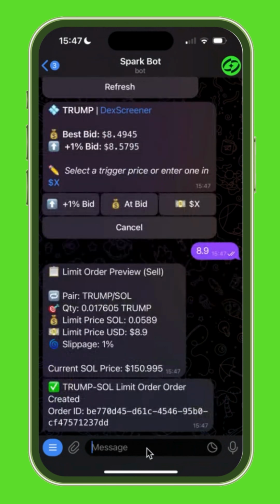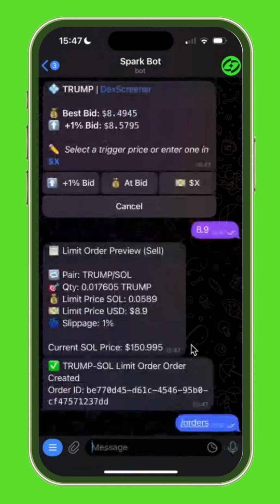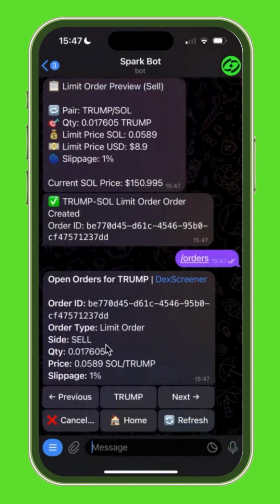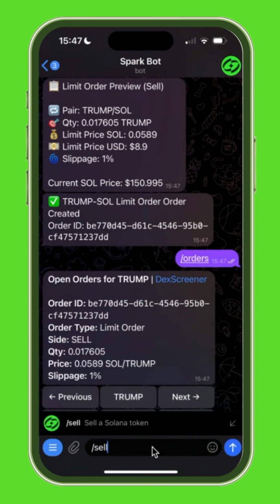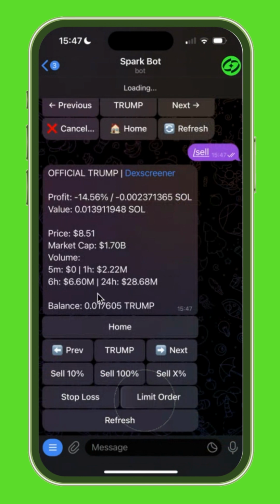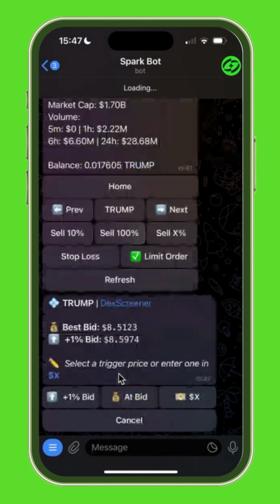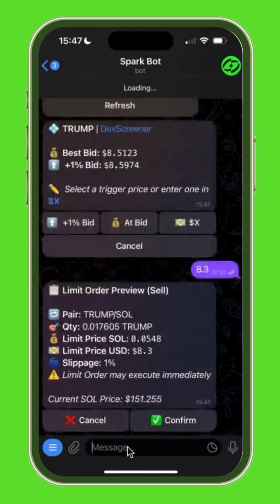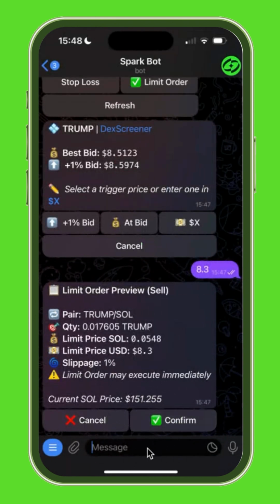And we now have that limit order created. We can see it here with the sell. But because that was above the bid, it won't sell immediately. So I can show you me placing another one. And this will be slightly below the bid, like 3. And now we get the message it may execute immediately. So if I hit confirm,